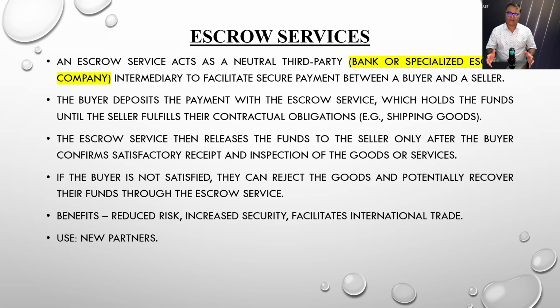Here there are some specialized escrow companies throughout the world. When buyer and seller are not comfortable with each other, the buyer keeps the money with a third party, the escrow company. The escrow company informs the seller that this much payment has been received from the buyer, and when you supply the system, equipment or goods